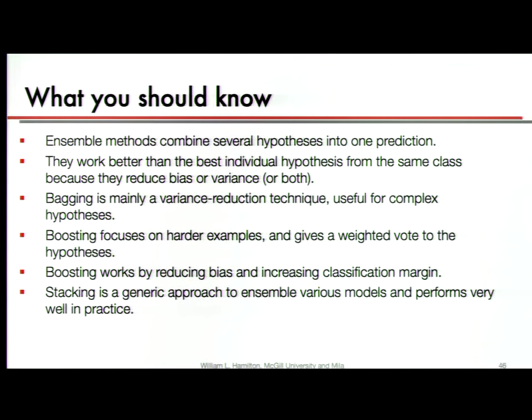So that's all for today. You should know now the idea of ensembling, the idea of bagging or bootstrap aggregation. That's for variance reduction. We have boosting and this AdaBoost idea. That's a bias reduction approach. Both of them generally work with some simple types of models, usually decision trees or decision stumps. And then we have this stacking idea, which is a very generic approach to ensembling things together with a meta classifier.